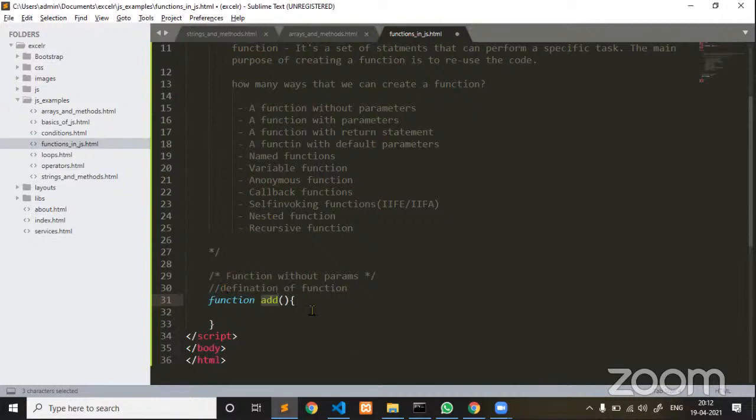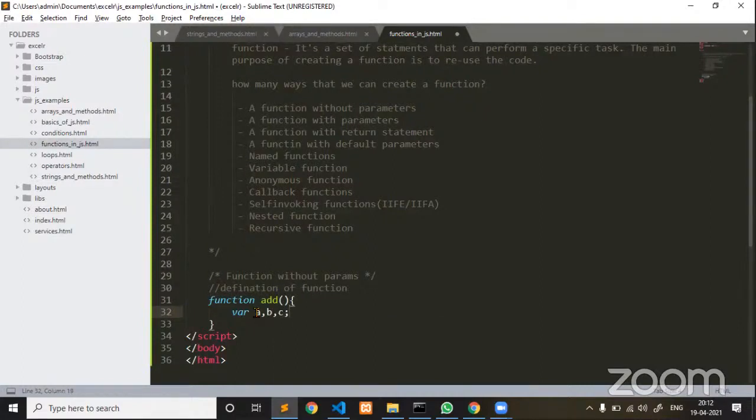Okay, so once you create a function, as I already said, it is a set of statements. Those are going to execute to perform a specific operation. Let me create here, to add two numbers, I have to define the variables a, b, c.